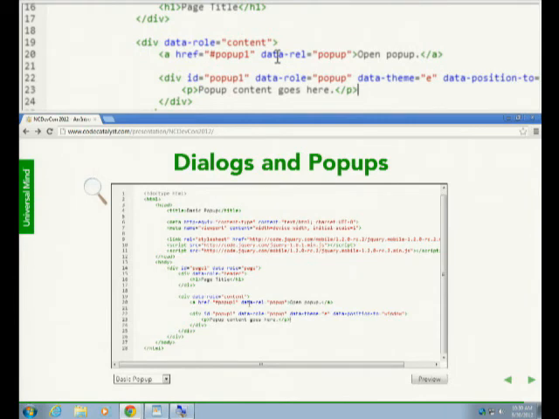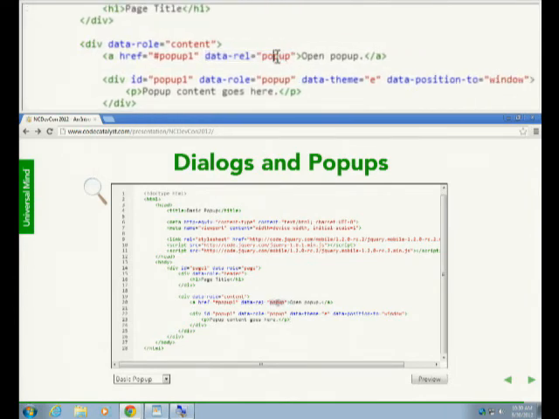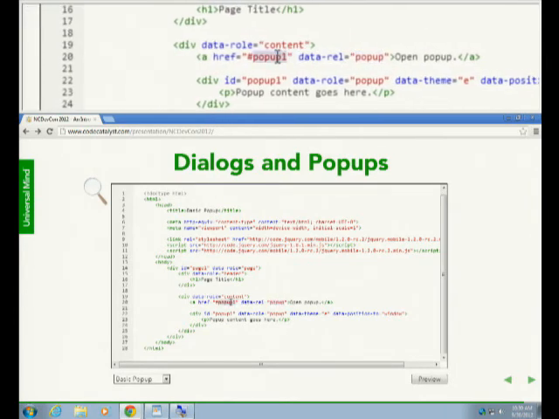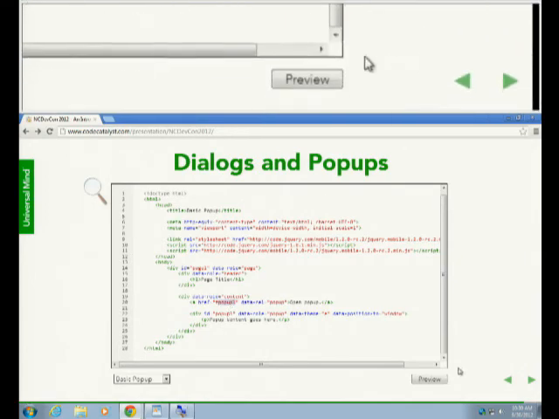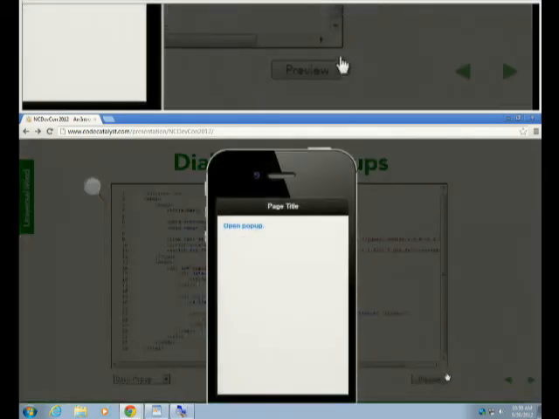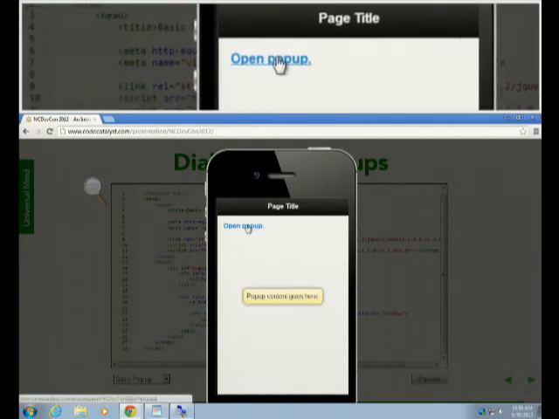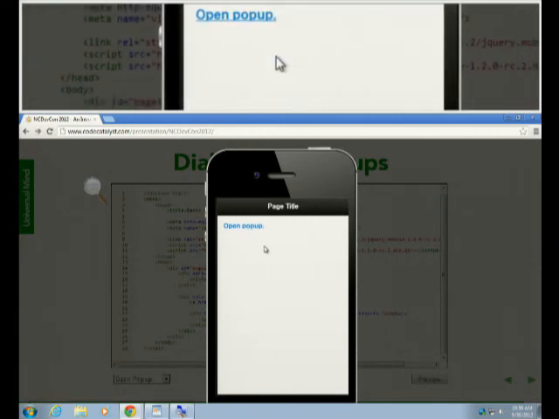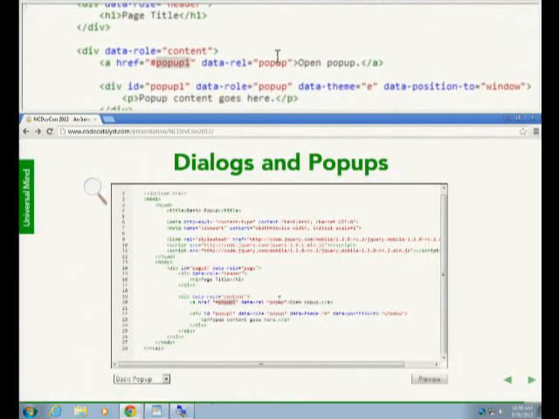And very much like the dialogue one, I have this data-rel, which tells it pop-up. I identify the particular pop-up by ID, and when I click it, I'm going to get a nice little window right there in the center. What's the data-rel's purpose? The data-rel is just sort of instructions for how that particular link should be treated from jQuery Mobile's perspective. So data-rel page versus data-rel dialog versus data-rel pop-up. And so clicking that link, it treats it as if it was,